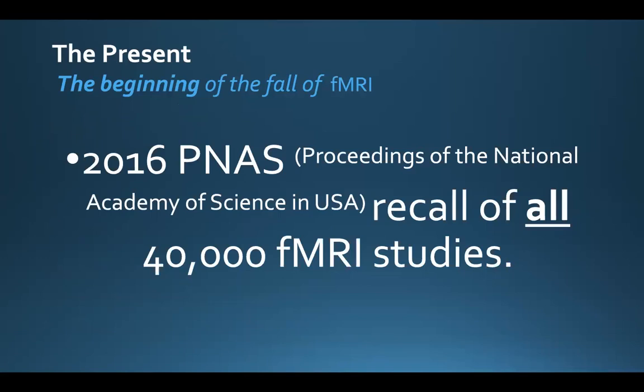In 2016, the proceeding National Academy of Science recommended what? Recall of all functional MRI studies, 40,000 of them. They concluded that this is all pseudoscience, this is garbage, this should be all recalled. The only liability: the National Academy of Science is part of the US federal government, so it's under political control and